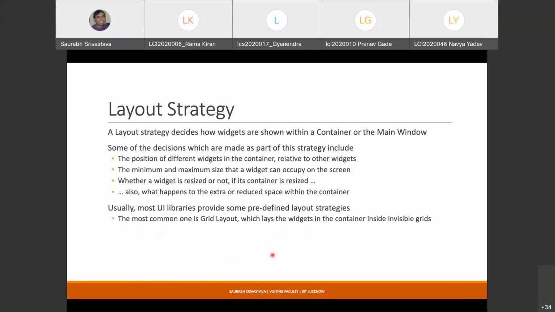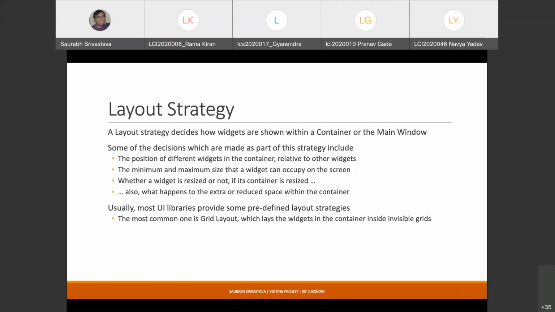Whenever you try to put these elements within a particular window or a container, one of the major challenges with designing UI is that most of the systems will allow you to change the size of the window, right? So for example, if you are taking this lecture from your laptop, you can minimize or maximize the browser window or the WebEx app, right?